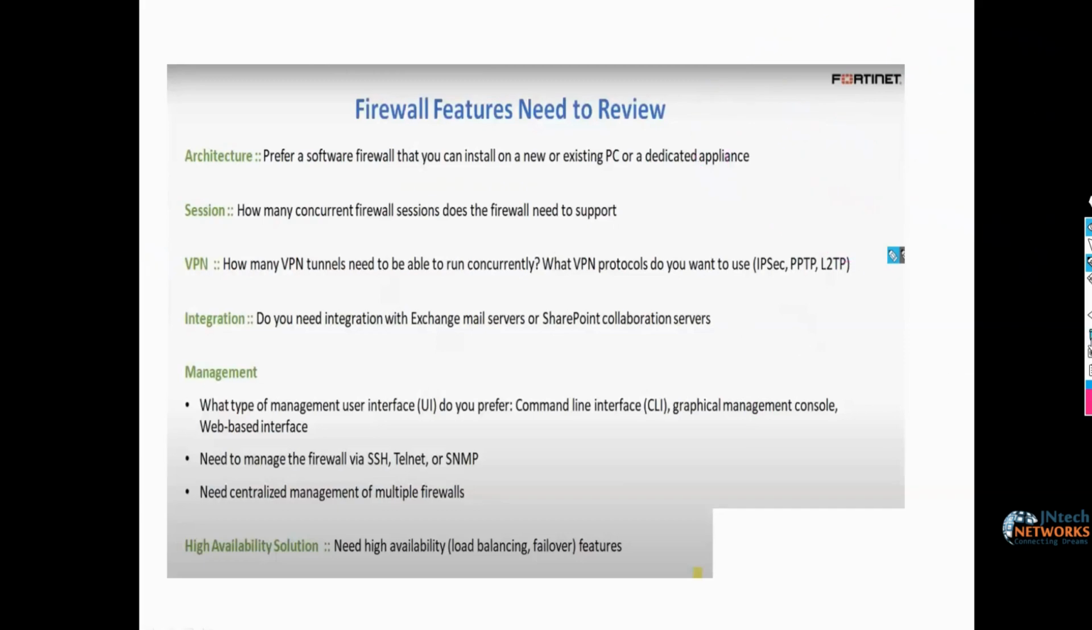Okay, integration. In case I want to integrate my firewall box with any server, like a remote authentication server like Radius, TACACS, or in case I want to integrate my firewall box with Exchange mail server or SharePoint collaboration server, can I integrate? In case I want to manage this firewall device through CLI, through graphical interface, can I manage? In case I want to manage through Telnet, SSH, and SNMP,